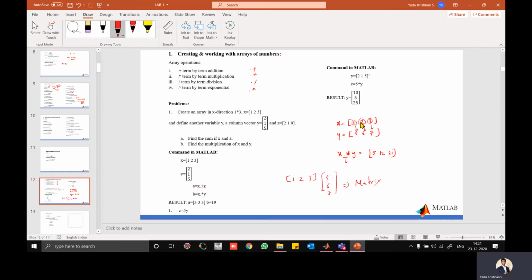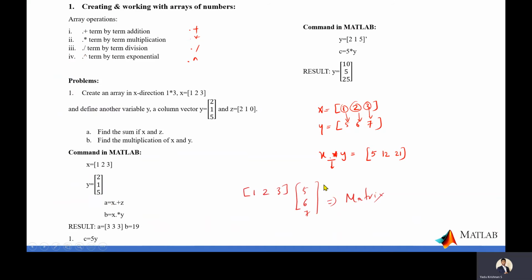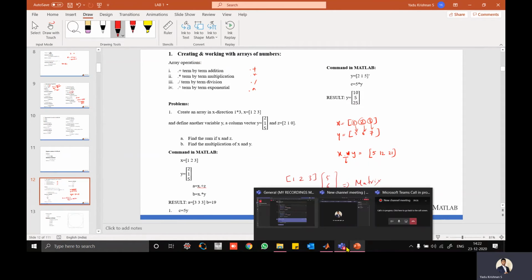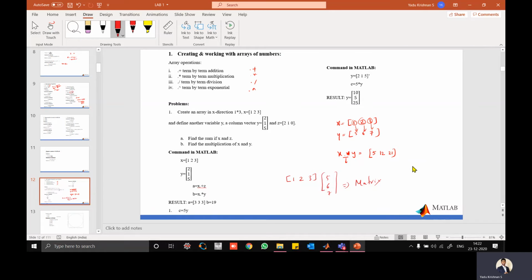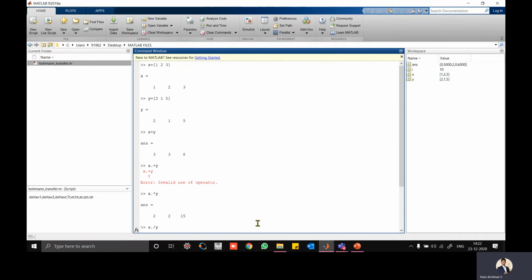But here what I need is array multiplication. I have so many numbers, and I just want to multiply each one, where the position is the same. So in that case, I have to put a dot there. And for the division also I have to put the dot. That is important. So always remember, if you are getting a wrong answer, sometimes the problem is that the dimensions will be matching like a matrix. So if we do normal multiplication without dot, we get a wrong answer. We are not getting an error, so we don't worry about that. But if you don't put the dot, it will not give you the term by term multiplication.